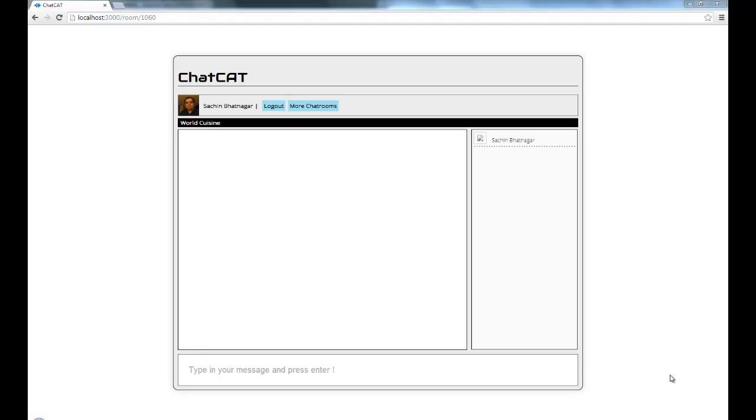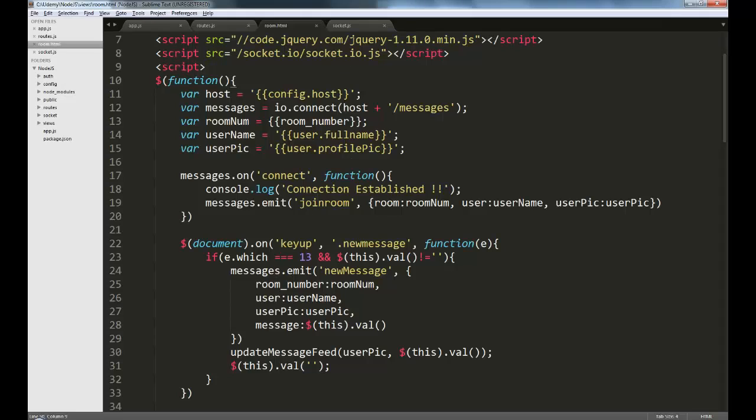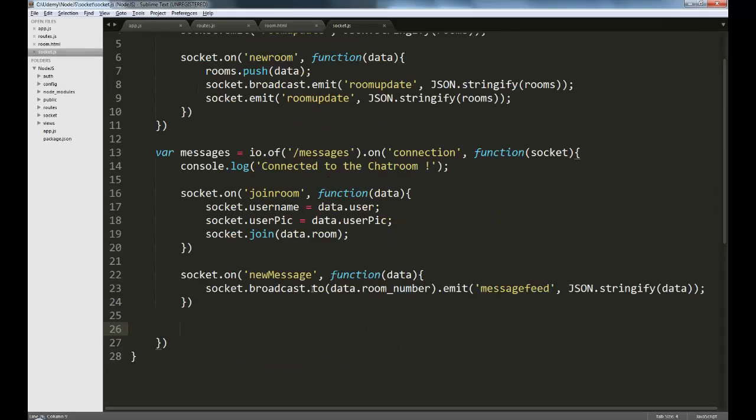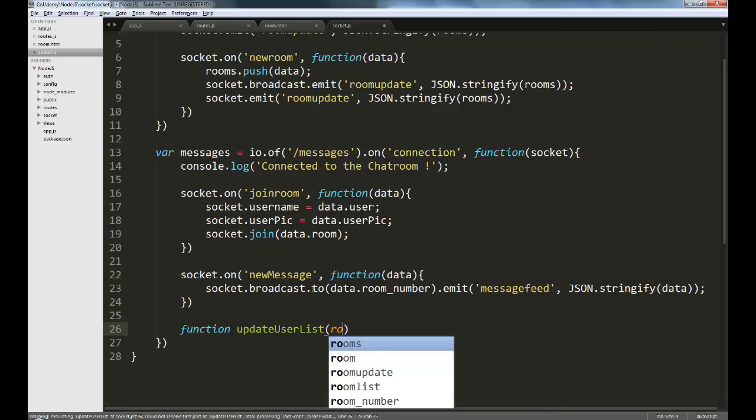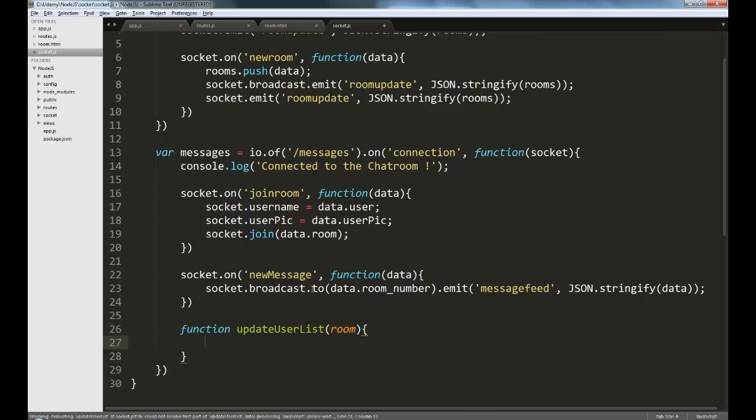Okay, now that we have our chat functionality up and running, there's just one more thing to do, and that is to get a list of active users connected to a page. To do that, we'll go back into our socket.js, and I'm going to create a new function here called updateUserList. And this function will accept the unique room number that we've given to all the chat